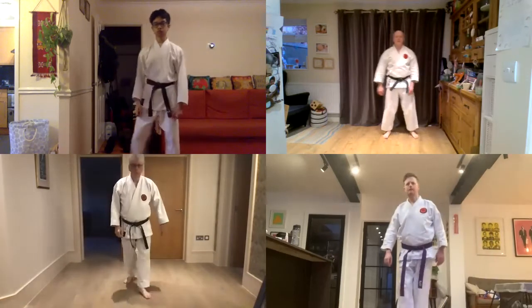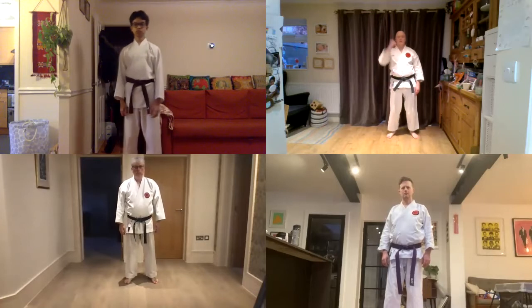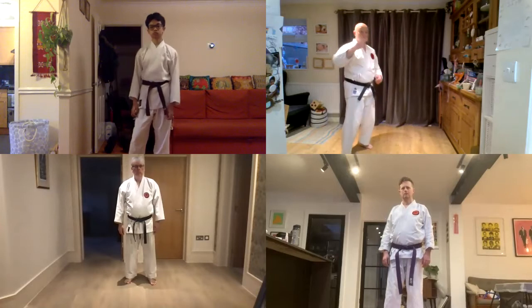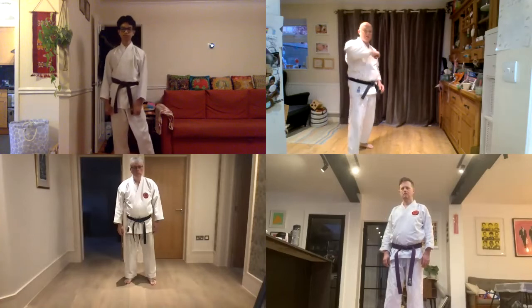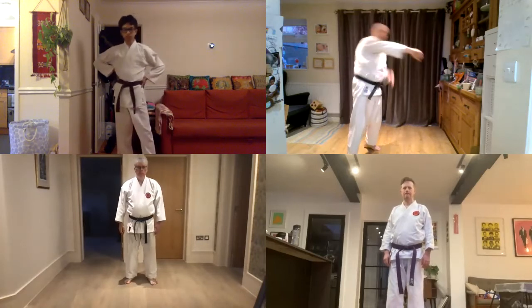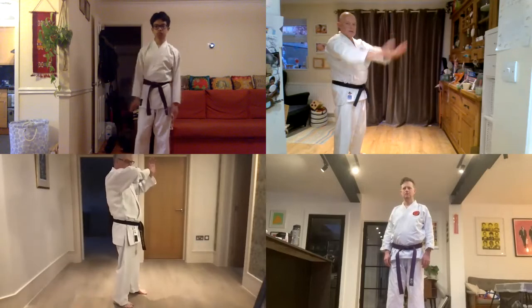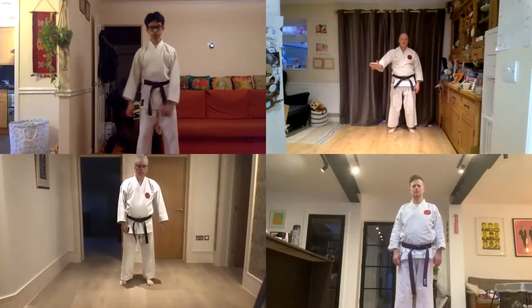ready. Now this time we're going to step, imagine the attack's coming. We're not even going to block it. Right, it's too quick, we just get out of the way. Something's coming round us here, get out of the way here. And their body's obviously moving this way. And it might be that their arms here. It doesn't necessarily have to be you knocking their block off. So the arm's coming round, but we are digging this in, striking round. What we want is our weight going this way, striking, pushing them in that direction, so they're out of our way. Okay, so to the right, so migi, so sliding,